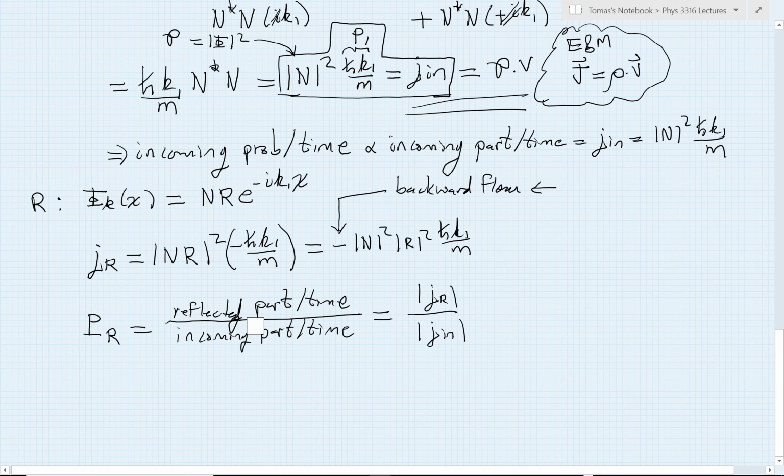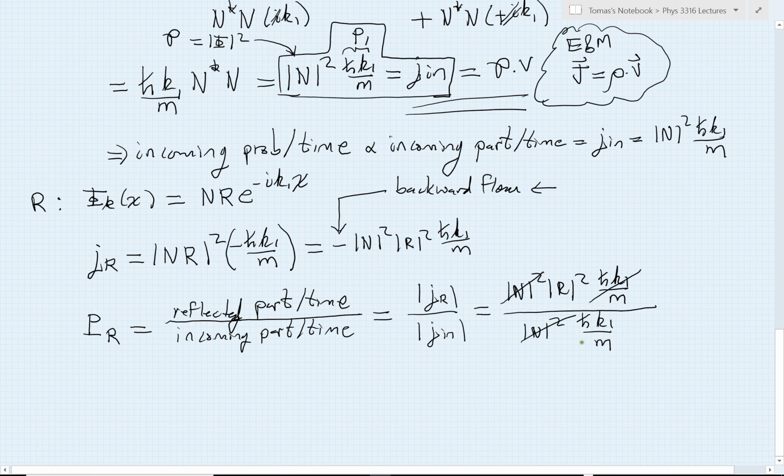And likewise, the direction of the incoming piece isn't particularly interesting to me. It turns out to be positive, but nonetheless, I'm just counting particles to get my reflected probability. So I would use the absolute values, and substituting those in, I find n squared r squared on top times the velocity, and on the bottom I have n squared times the same velocity, because the magnitude of the velocity is the same for both the reflected and transmitted pieces. They both have this same k1, and you'll notice there's a lot of cancellation. The n squareds cancel.